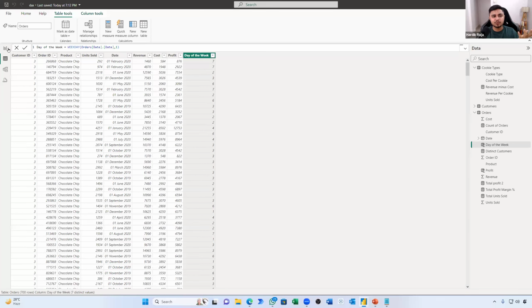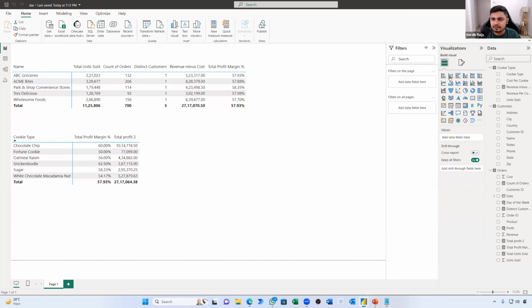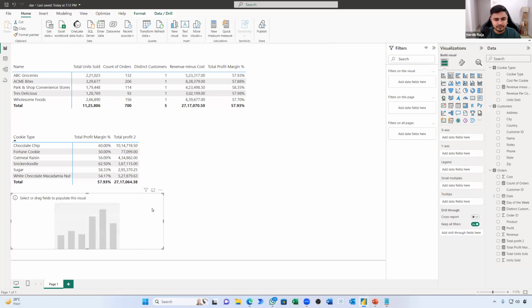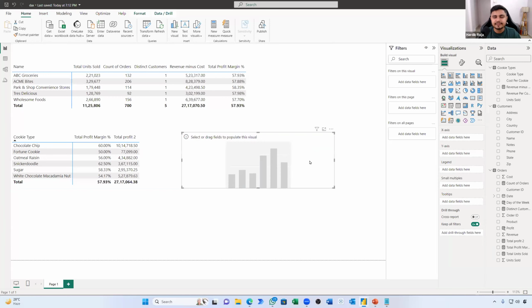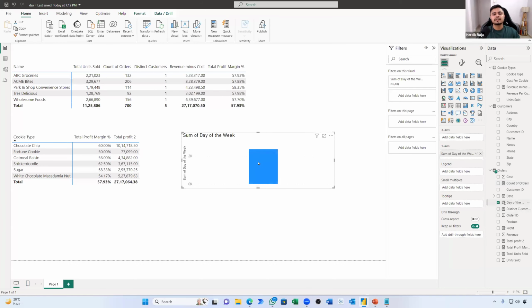Now I will go to my reporting work. Let's say I will add one column chart here and I will place it like this. Now only one thing I want, Hardik, what do you want? You want your days of the week put here. Now you would be like, Hardik, I want the breakup of day by the weeks now. So just drag it one more time. Now the moment you drag it one more time, you just have to play with this. Just a sec. I will just place one thing in X.